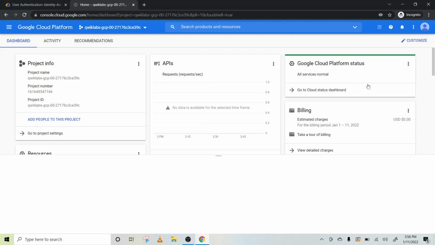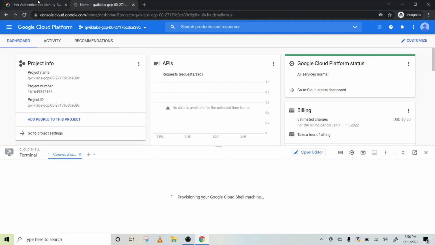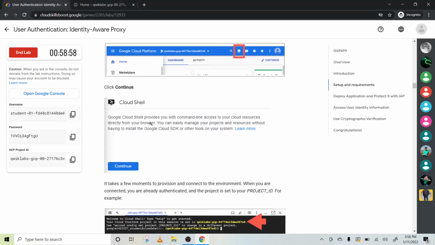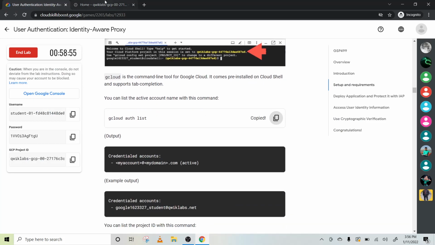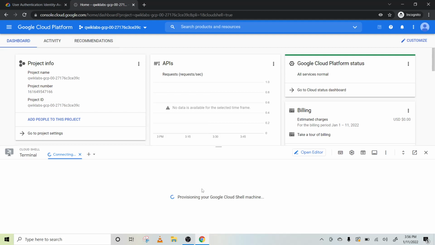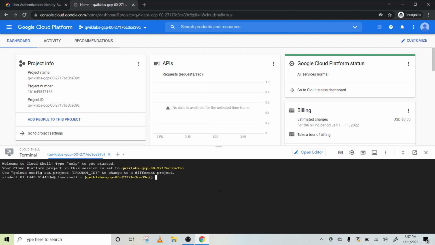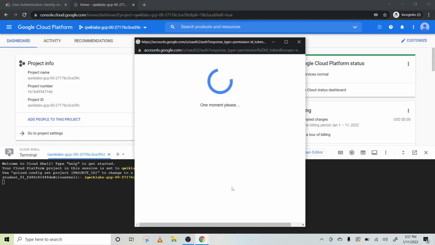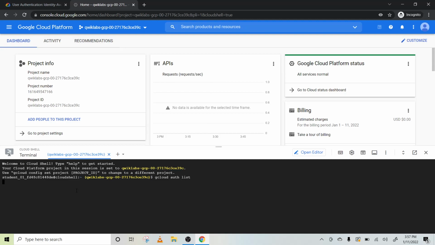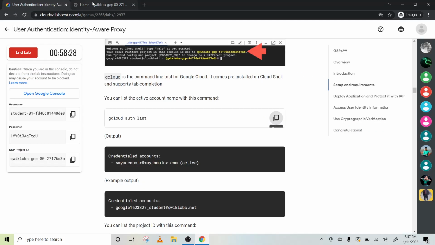Okay, so here it is active now. Click on this icon and it will load you to the Cloud Shell terminal. And guys, after this we use the gcloud auth list command to authorize and give permission to run any code without any restriction. Basically this is not called a terminal, it is called Cloud Shell. Terminal is basically for Linux based operating systems.